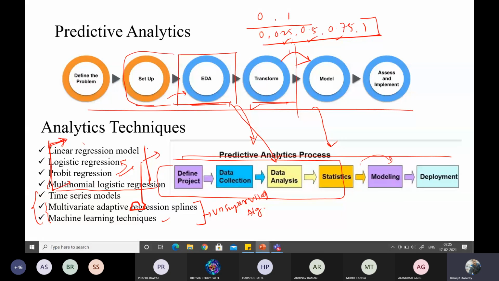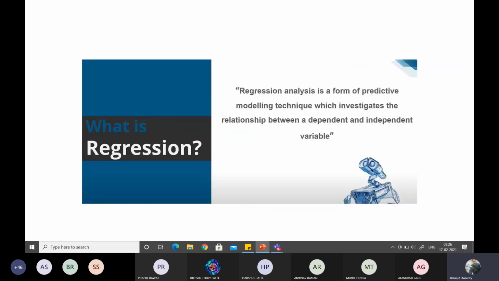So in these cases, these are called supervised learning, because these algorithms are guided or supervised by some training samples. You will understand this whenever we discuss the linear regression model. What is the meaning of supervised learning, or you can say training samples? I'll be showing you a very good example.